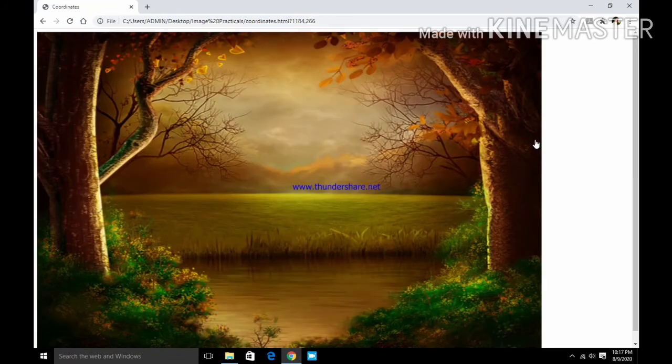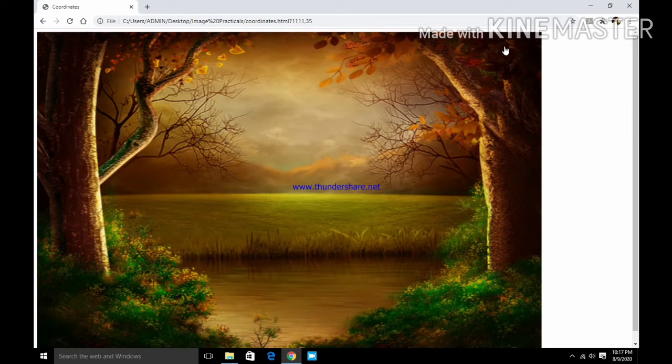This is my next coordinate, 1184, 266, and this is my last point, 1111 and 35. So this is the polygon.